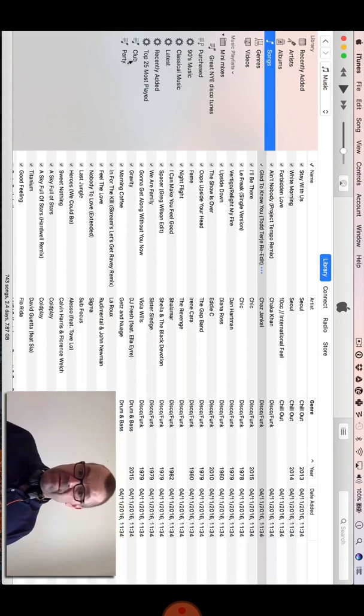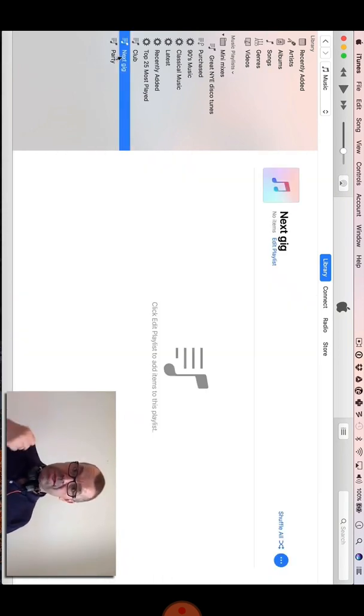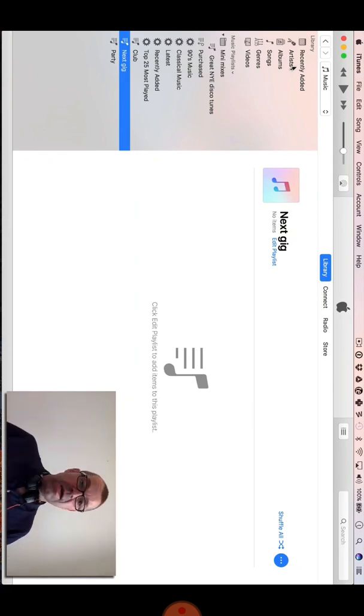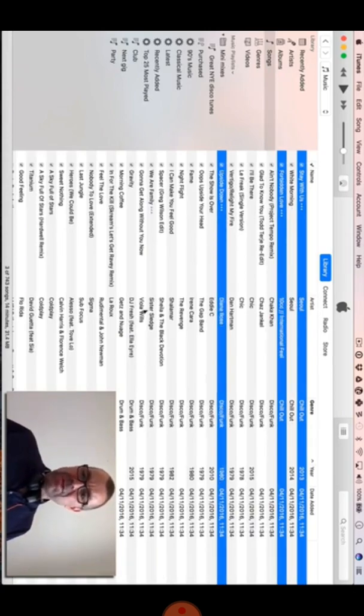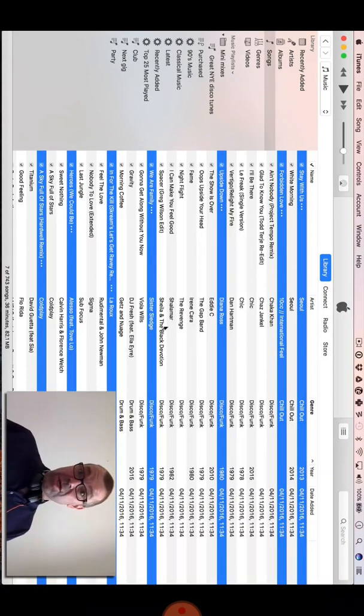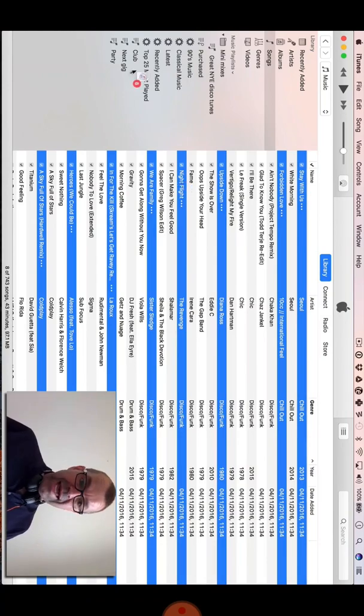Now, another type of playlist, very, very important, is your next gig playlist. So your next gig playlist, you literally call it next gig or Saturday's gig or whatever. This is the one that you put stuff in that you are planning on playing at that gig. Now, planning your playlist like this is one of the secrets of DJing with digital, because it means that you're not DJing out of your whole collection when you get to a gig. You're DJing out of a pre-prepared folder. You've done the homework. And again, it's just a case of going through your songs and selecting probably about double the number of songs that you actually think you're going to be DJing with,